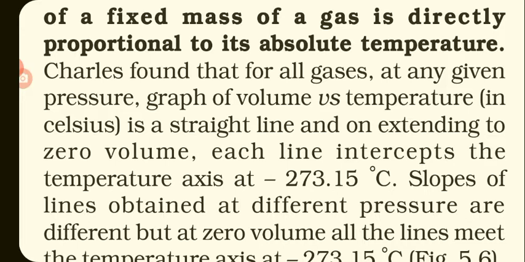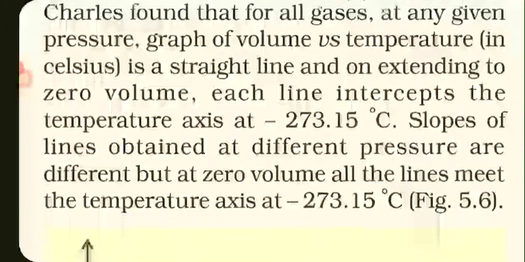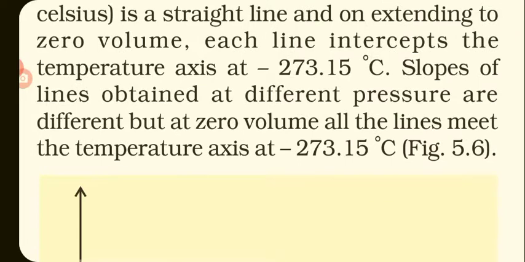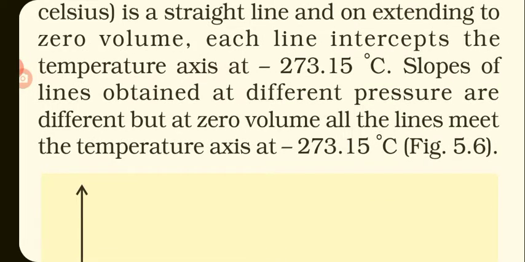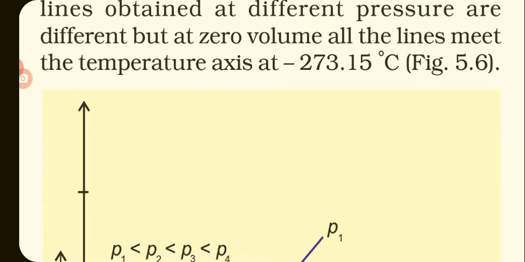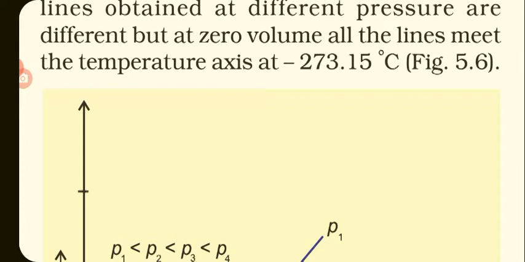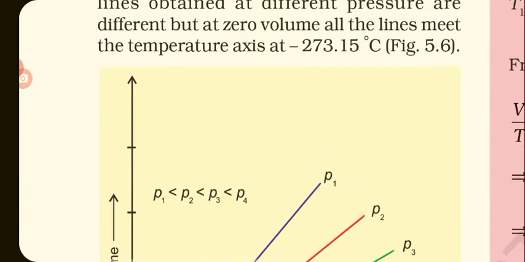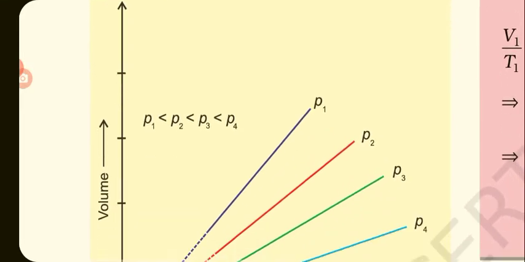Charles found that for all gases at any given pressure, graph of volume versus temperature in Celsius is a straight line, and on extending to zero volume, each line intercepts the temperature axis at minus 273.15 degrees Celsius. Slope of lines obtained at different pressure are different, but at zero volume, all the lines meet the temperature axis at minus 273.15 degree Celsius, as shown in figure